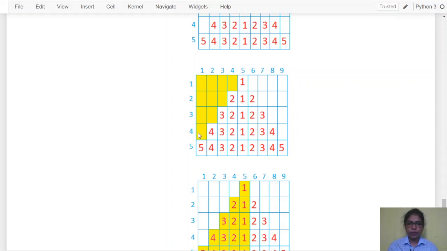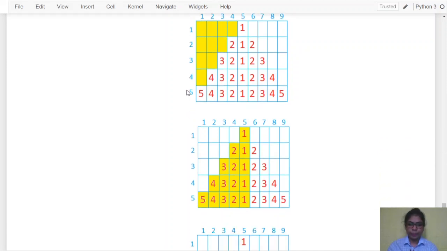For the fourth, size minus 4, 1 space, and for the last row the size is 5 and the row number is also 5, so it gives you 0, meaning there is no space. We will implement this using a for loop. Row will be the number of rows, and it will start from 1 up to the size, and it is size minus 1, meaning size minus i will be there.